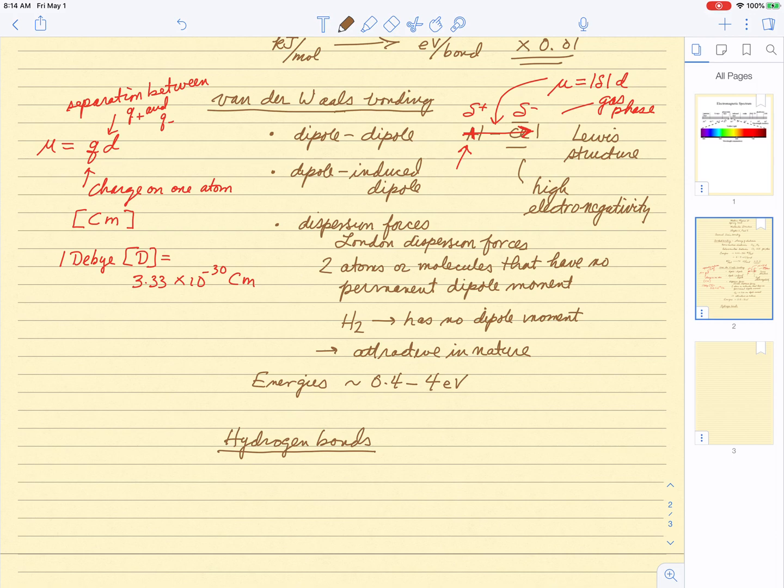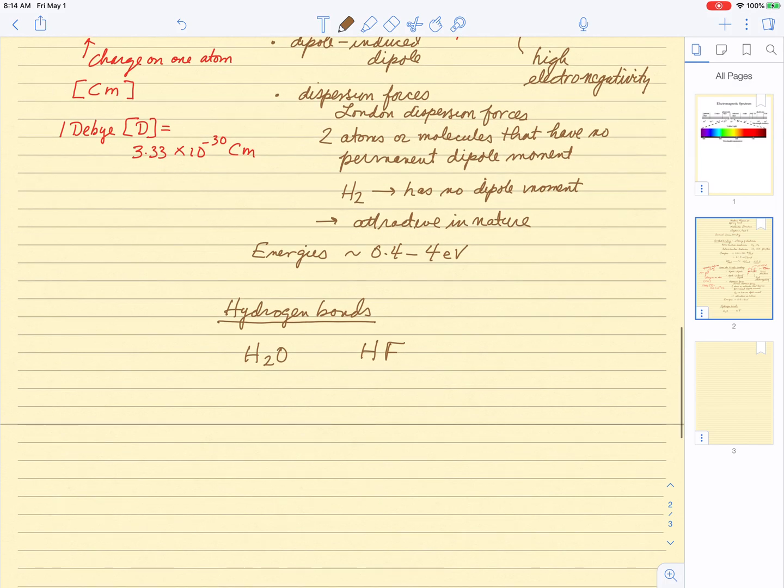So the classic examples of hydrogen bonding would be in water or in hydrogen fluoride. And so in water, for instance, water which has a structure which looks like so. Again, this would be the Lewis structure for water. And so, water molecules that are in the liquid state,